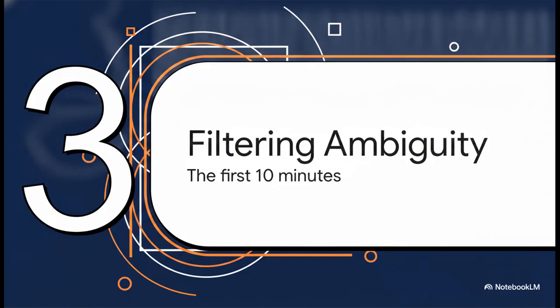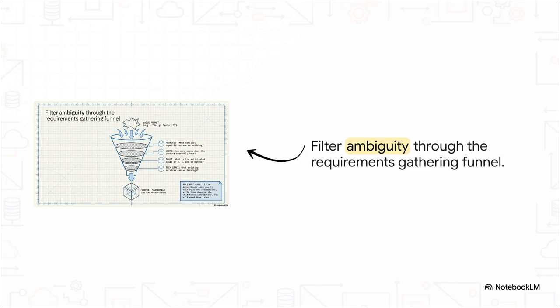That leads us perfectly into Section 3, filtering ambiguity and scoping. Let's talk about those critical first 10 minutes. Think of this process like a funnel. The interviewer throws a super vague prompt at you, something like design product X. Your job is to filter that chaos down by asking really targeted questions about the features, the users, the anticipated scale, the existing tech stack. You squeeze that vague cloud through the funnel until you have a scoped, manageable system architecture popping out the bottom.